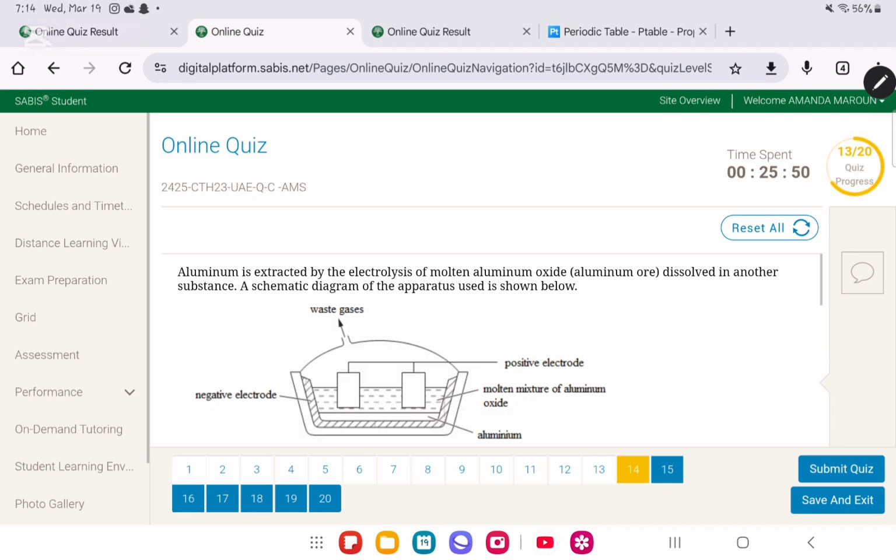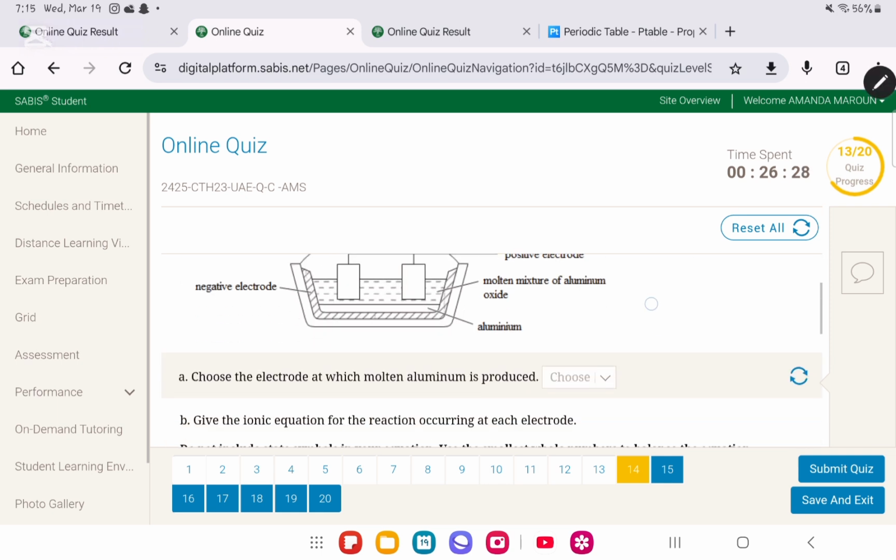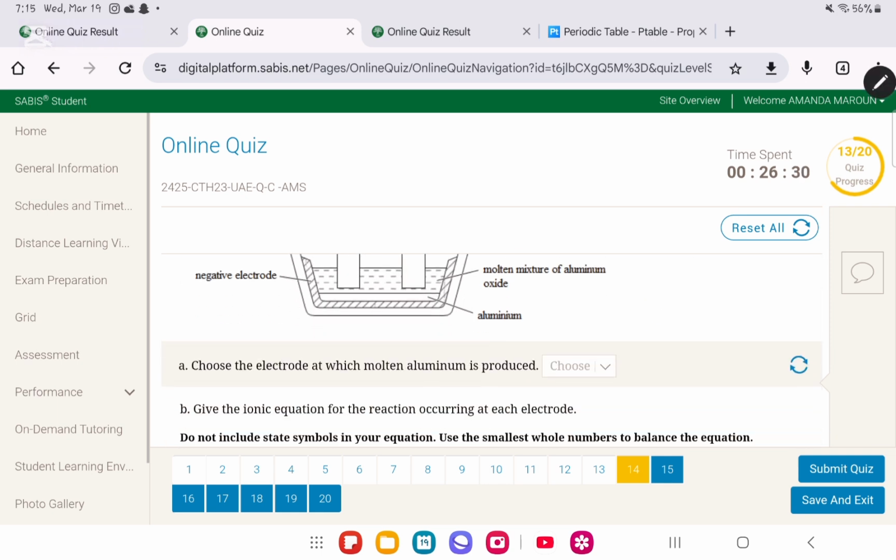We move on to question number 14. In question number 14, aluminium is extracted by the electrolysis of molten aluminium oxide, which is aluminium ore, dissolved in another substance. A schematic diagram of the apparatus used is shown below. All you need to know about this question, okay, is that when we are extracting aluminium,